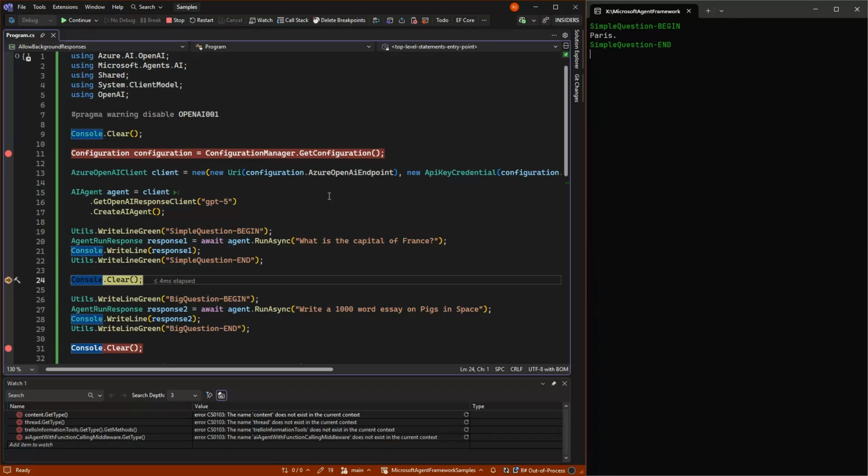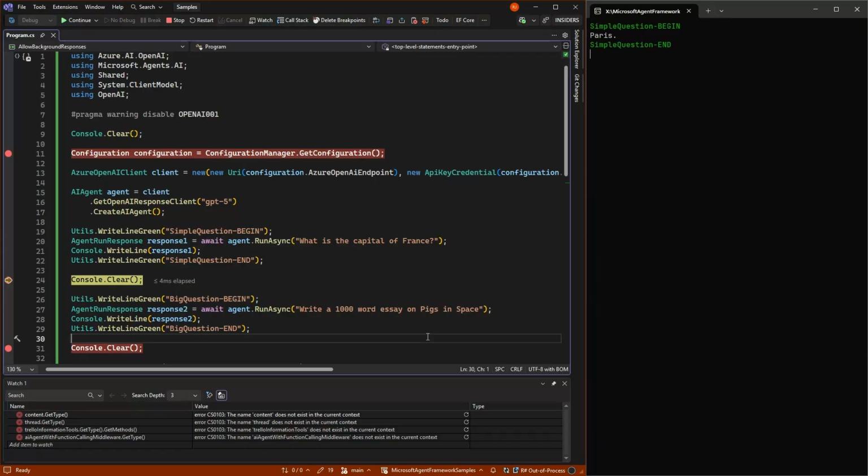But what if we have something that takes longer to answer? It can be because, for example, here I'm going to write a 1,000 word essay about pigs in space, but it can also be that here is a PDF document that is 100 pages long. Find me something in that specific.